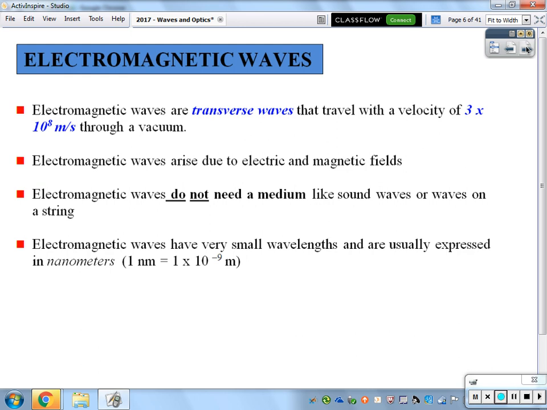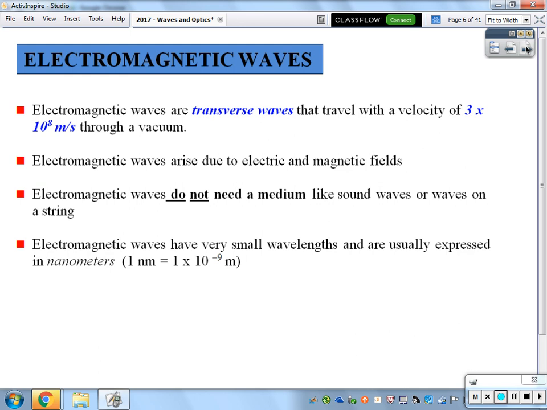But as sometimes it's done with this sort of stuff, unless we're getting very, very specific, a lot of physics will abbreviate that into 3 times 10 to the 8th meters per second. Now, to put that in context, we said sound travels at 343 meters per second, and now we're talking about something traveling at 300 million meters per second. There'd be quite a bit of difference between those two speeds. Not that sound is necessarily slow, but light traveling through a vacuum is the fastest thing in our universe, and will always be the fastest thing in our universe.